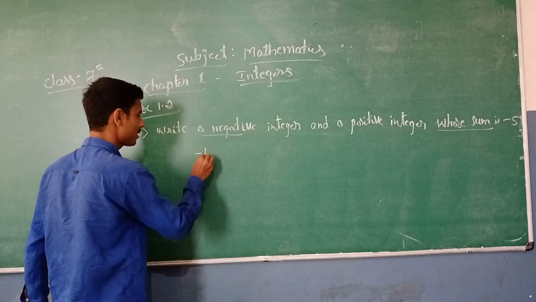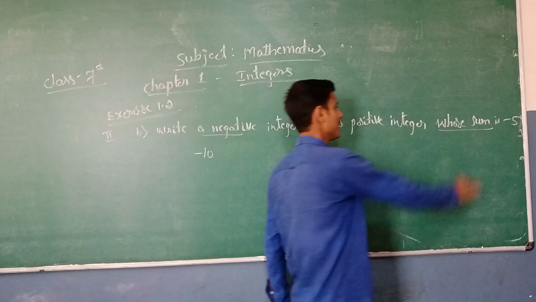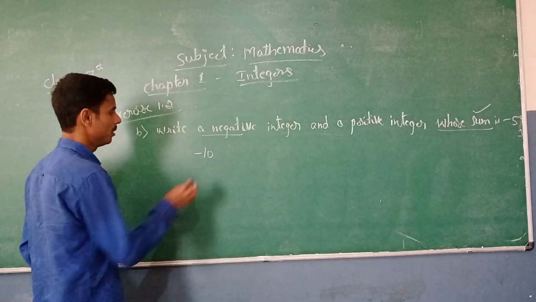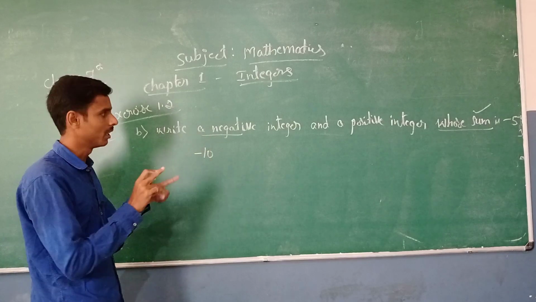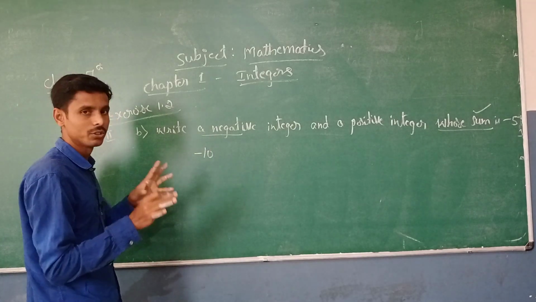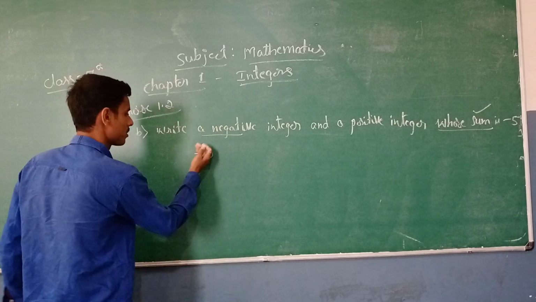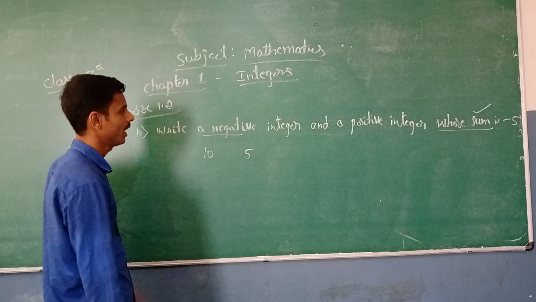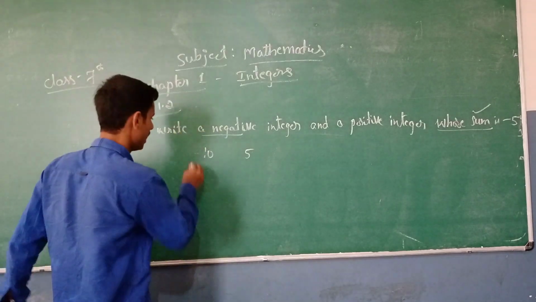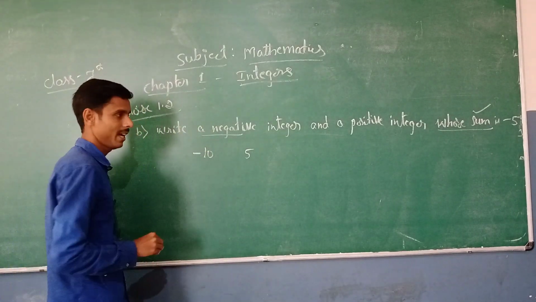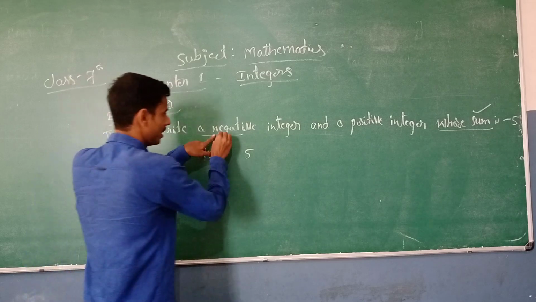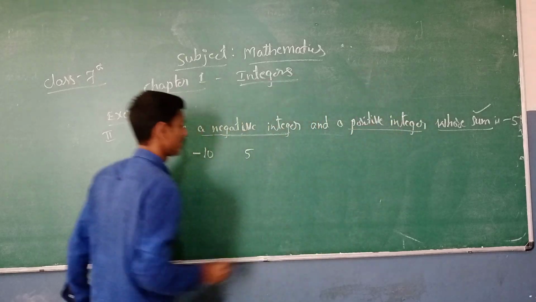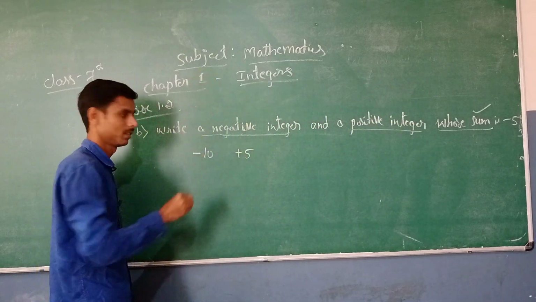Clear? So as soon as the sum is -5, wherever the sum comes, the difference between those two integers should be 5, right? So 10 and 5, 10 and 5. Then how to put the sign, that is very important. So minus I will put for this 10. Okay, negative integer is over, one positive integer is needed, so we write +5.